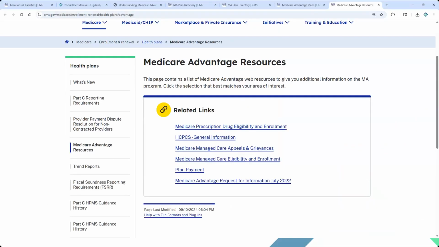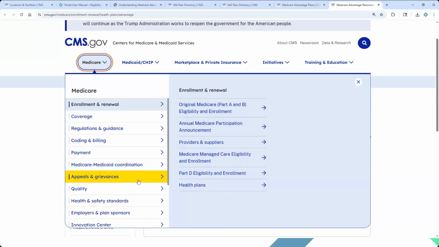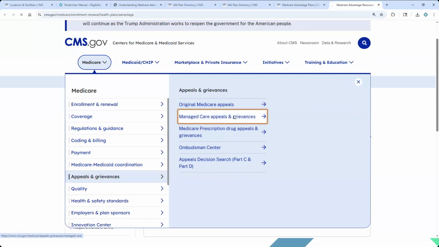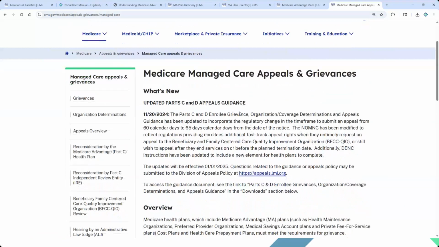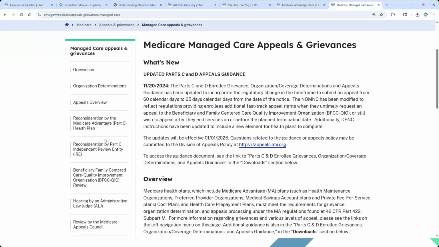With that said, I was asked very specifically in Medicare, if you kind of go down, you'll see appeals and grievances. And then under appeals and grievances, you'll see managed care appeals and grievances. And inside there, CMS does provide you with some basic information, update Part C plans, all of these types of information. Please take time to read through this. We are not involved in this type of a process. This is for the Medicare Advantage plan, which is why I'm giving you this website. Okay. Also be aware Karen's going to stick that into the chat for you.